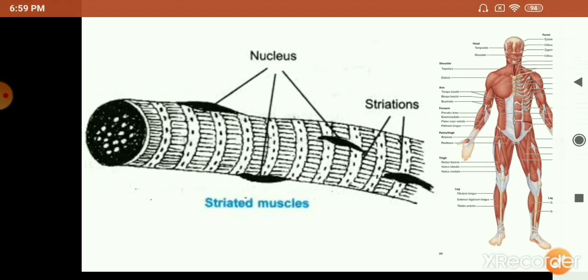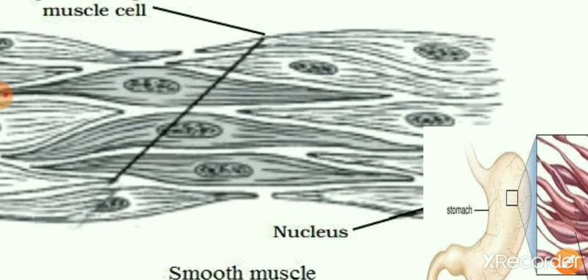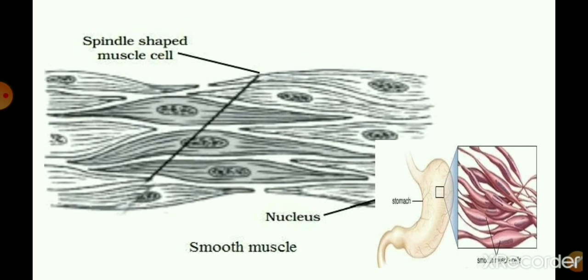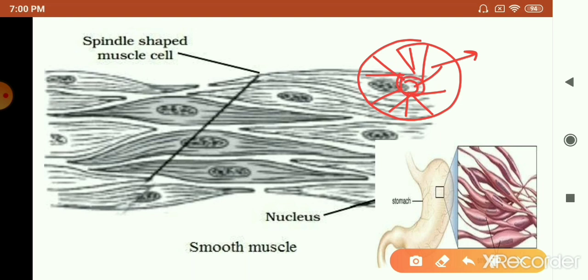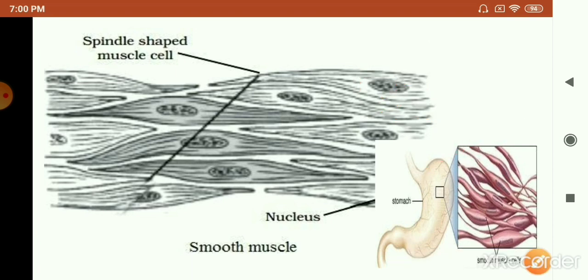Now coming to the other type of muscle, which is the smooth muscle. Smooth muscles are present in your internal organs, like the iris of the eyes. You learned about the structure of the eye in class 8, and there you learned that in the eye you've got a dark circular part which may be brown or black in color, and that's called the iris. In the center of the iris you have the pupil. The size of the pupil, you have learned, is controlled by the iris. So this iris of the eye is made up of these smooth muscles.